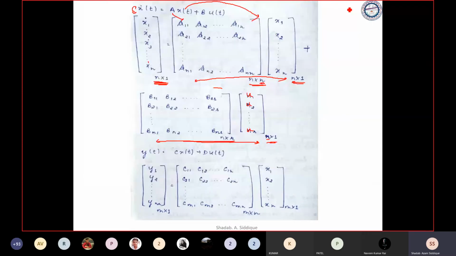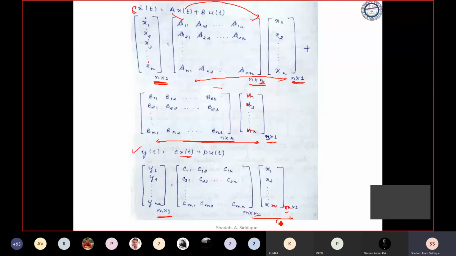Similarly, that was the state equation; this is the output equation, y of t is equal to C x of t plus D u of t. We know the x dimension is x1 to xn. Y1 to ym, we have m number of output elements, so it is written as m cross 1. This is our representation, and every book follows this representation. We have taken the C matrix, C11, C12, C1n to Cmn, and we have x. You can see here that n and n match. If you multiply these two matrices, overall we'll get m cross 1.